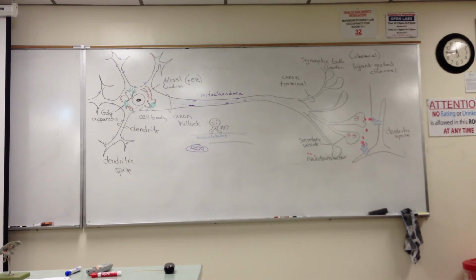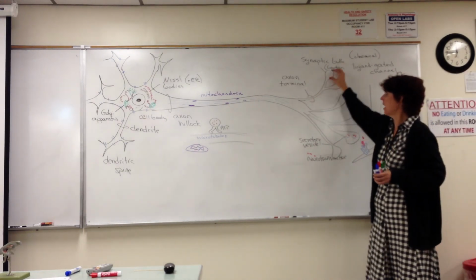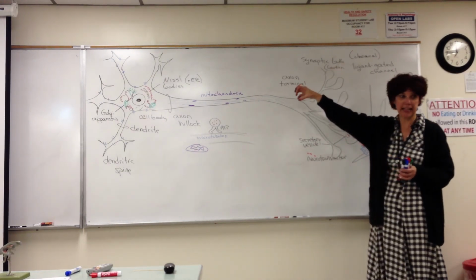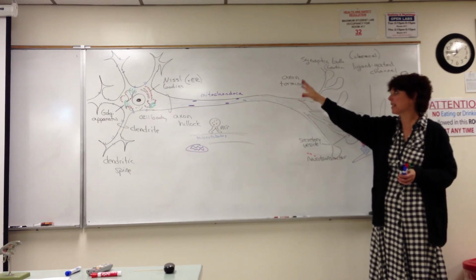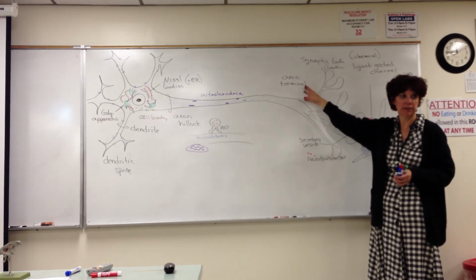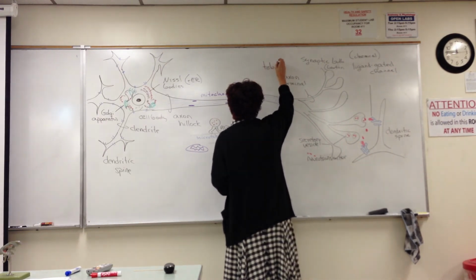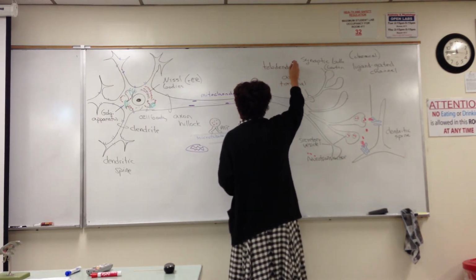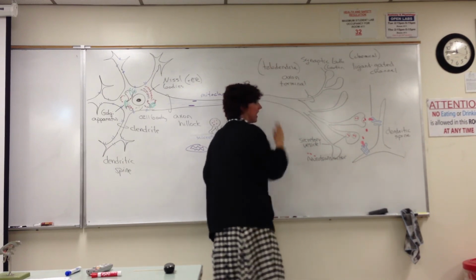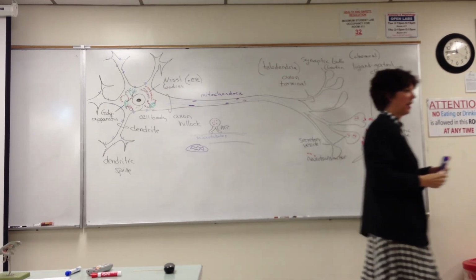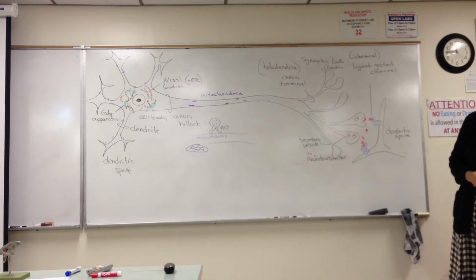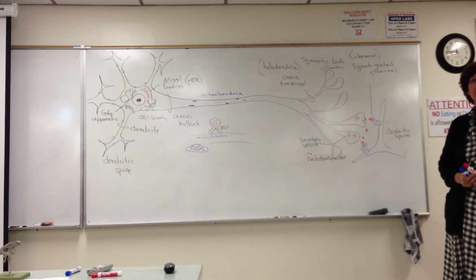So, the axon terminals are the branches off of the axon. The synaptic bulb is the swelling at the end. So the telodendria is the same as axon terminal. Oh, okay. I said no. Telo means end. So these are kind of the dendrites at the end of the axon is what it's referring to. Yes. So the neurotransmitters are the